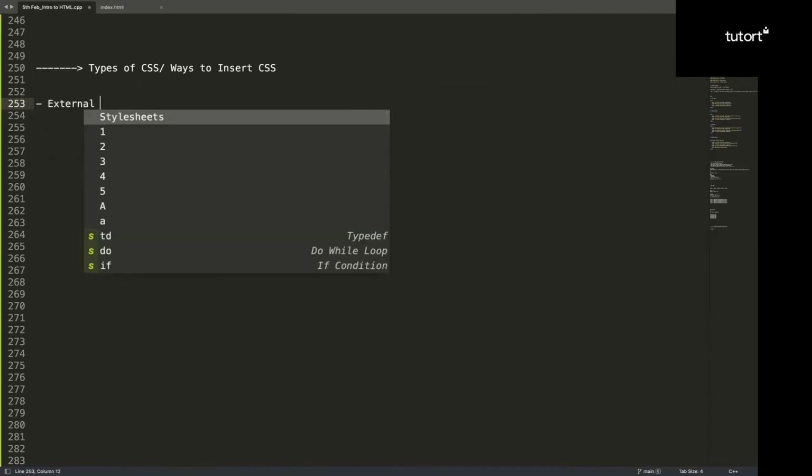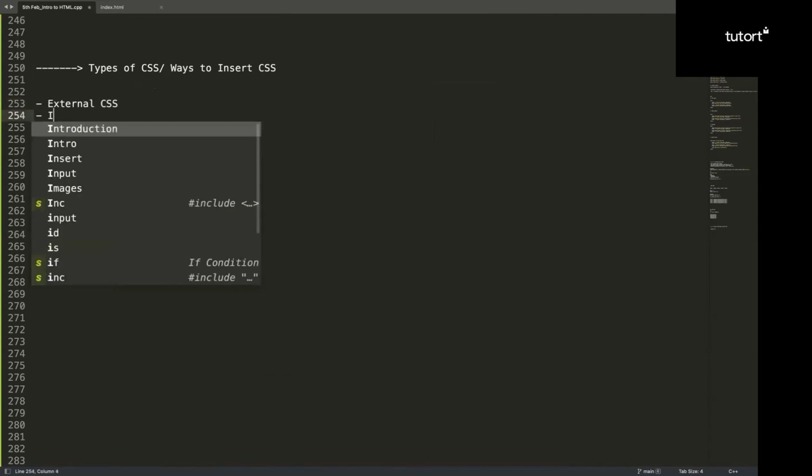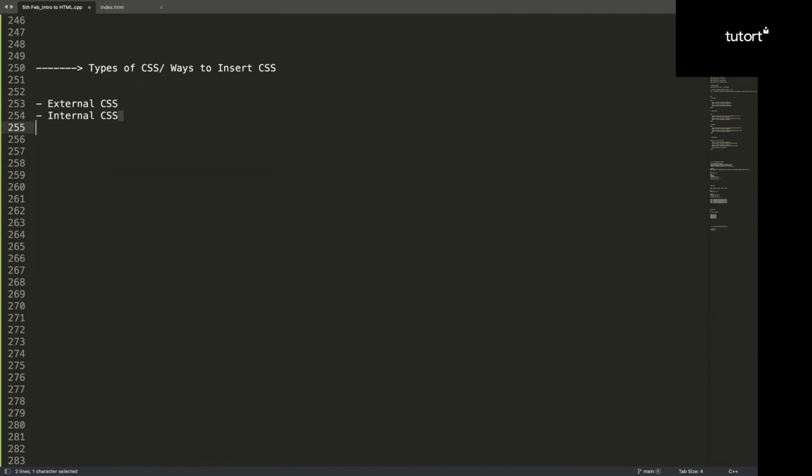There are three different types. One is external CSS, one is internal CSS, and one is inline CSS. These are the three different types of CSS: external, internal, inline. Let's see them one by one. External CSS. How does external CSS work? As the name says, external CSS. Where is it useful? It is useful where